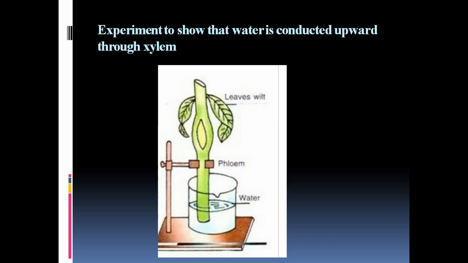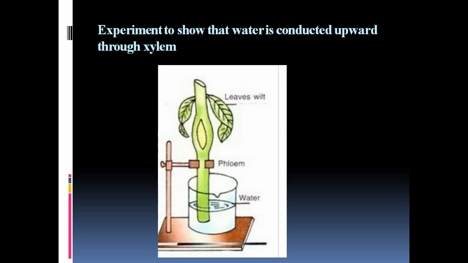We have kept the cut portion in water. Even after that the leaves wilt. It is because we have cut out the xylem portion. Look at it carefully. We have girdled out the xylem portion from there. So naturally there will be no conduction of water from the lower part to the leaves, because the present xylem has been taken out. This will make the leaf wilt.